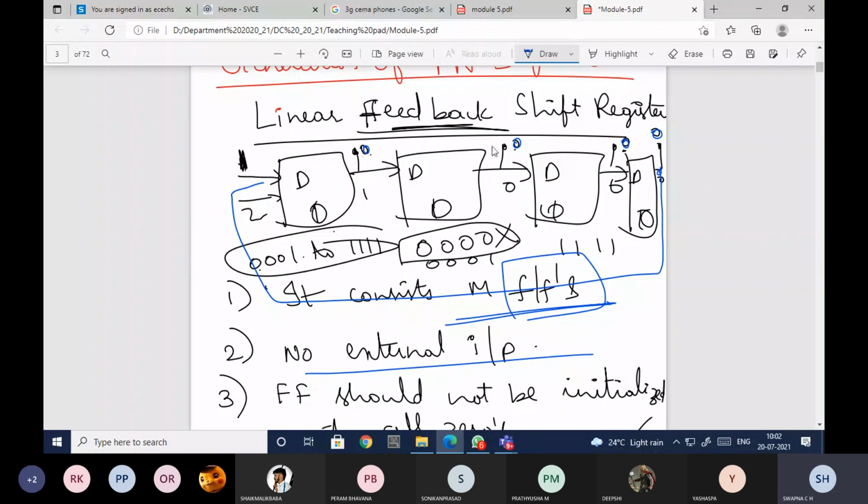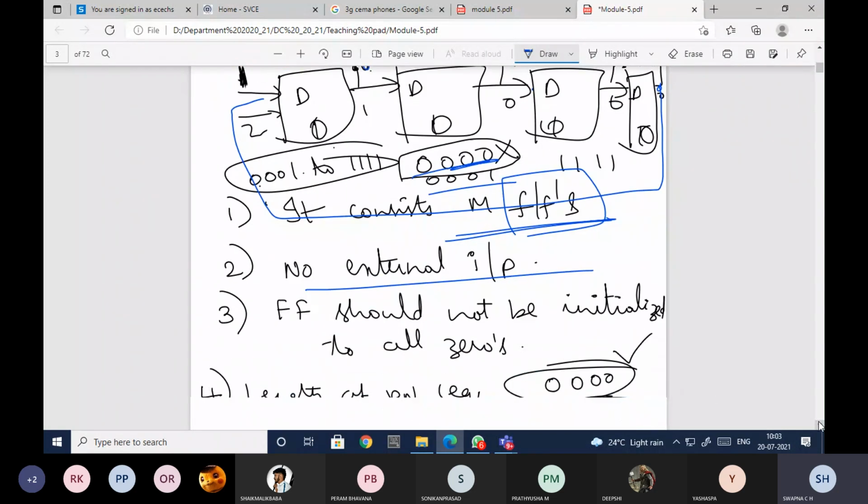Generally we'd do it as 0000, but in the PN sequence generator, apart from initializing to 0000, you can use any other sequence. Any other sequence can be used, but not 0000. So this is the third thing.